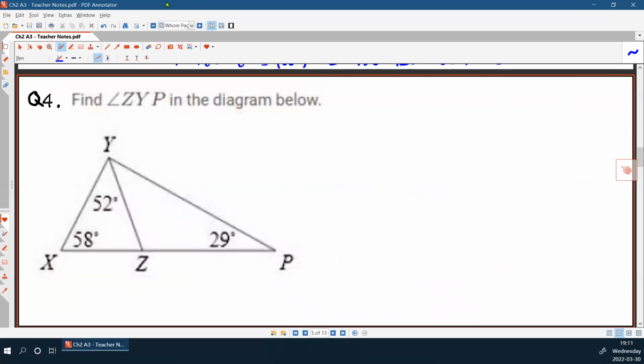Okay, this time we're given a diagram as follows. Our task is to find angle ZYP. So angle ZYP is here. Note angle ZYP is in the triangle YZP, right? So we can use this triangle to find the degrees of angle ZYP, right? So we can say that in triangle YZP, we have